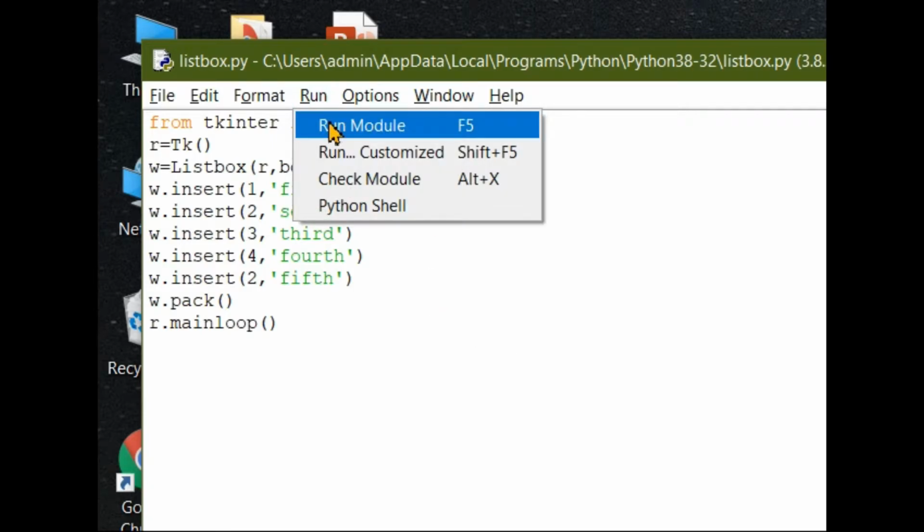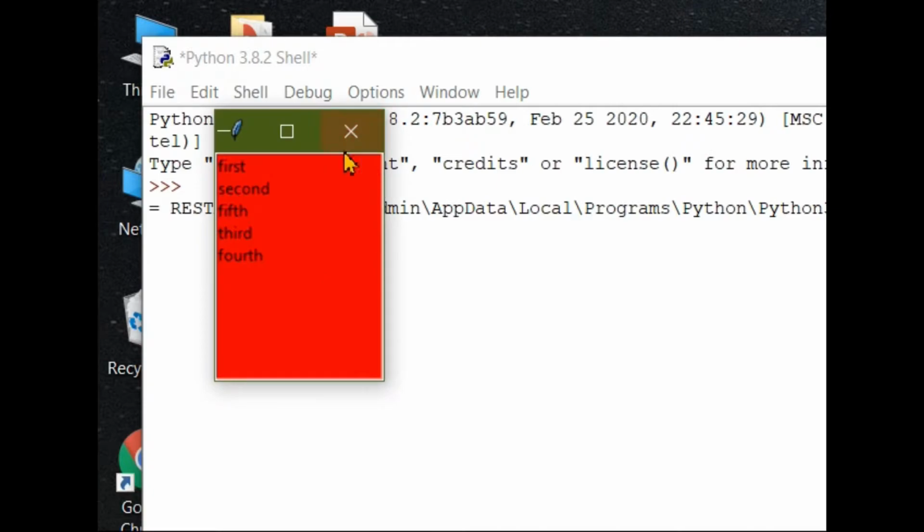Now we'll check it out. Here you can see first, second and then fifth comes, and the respective items follow later.